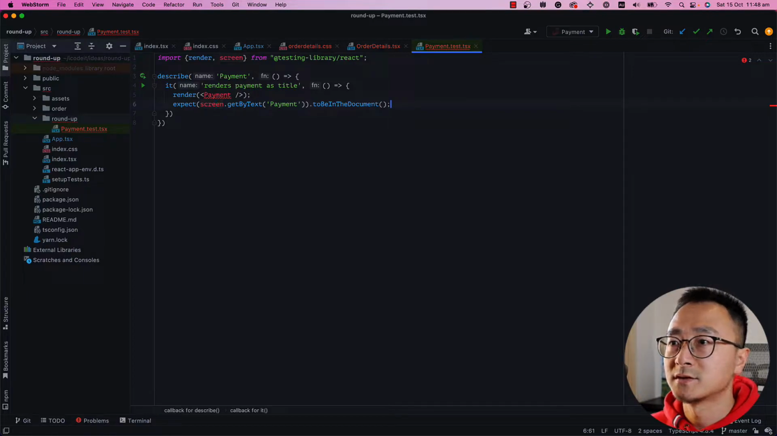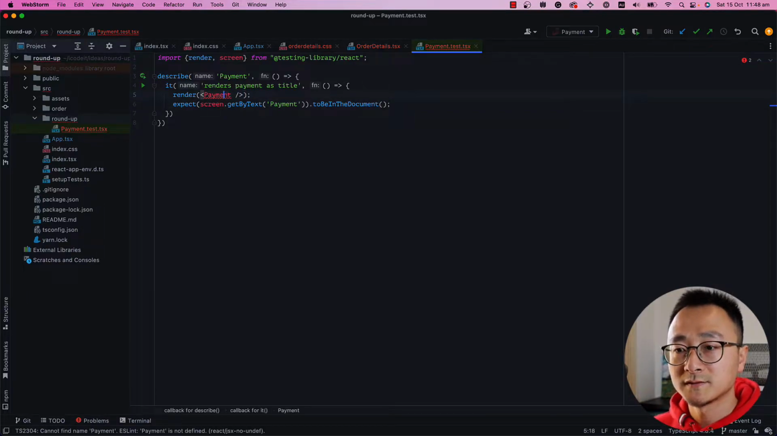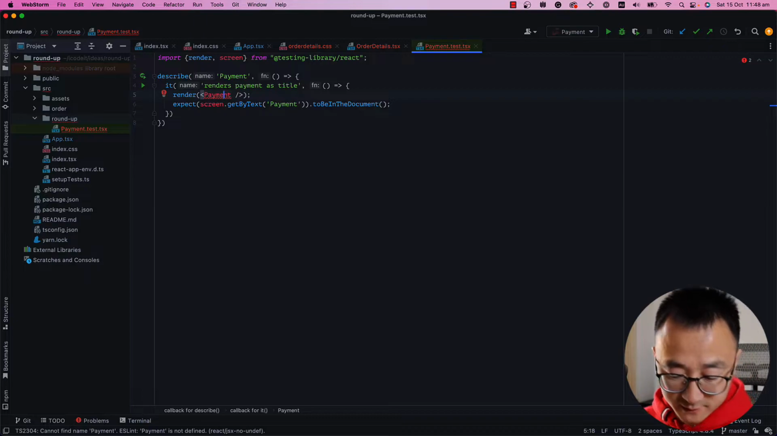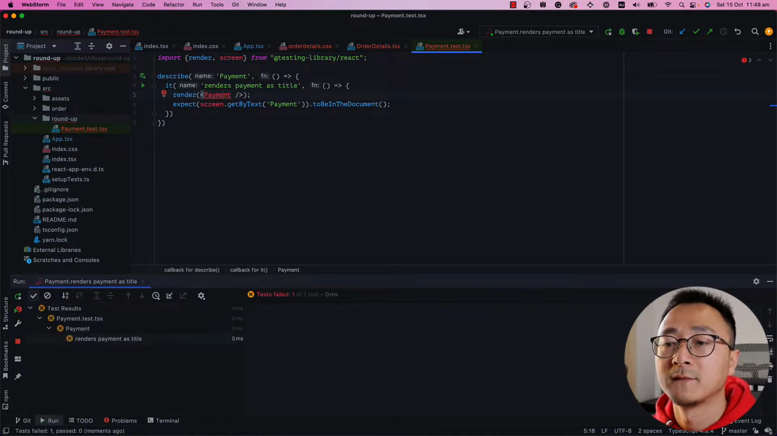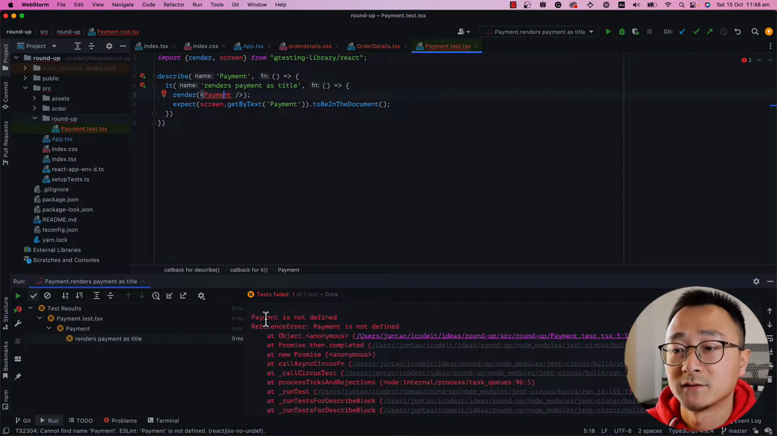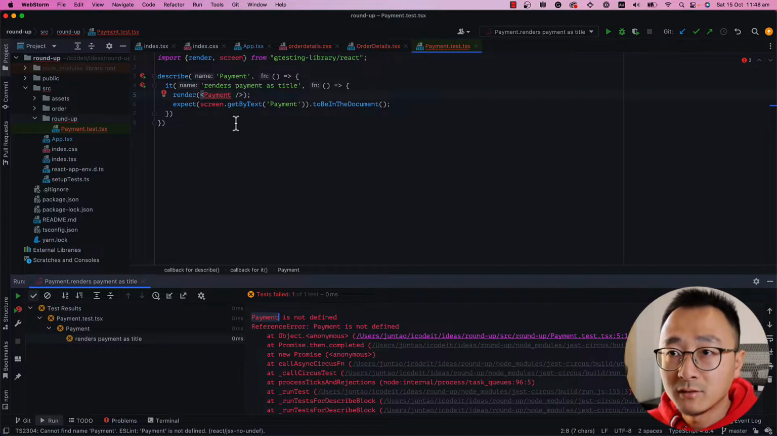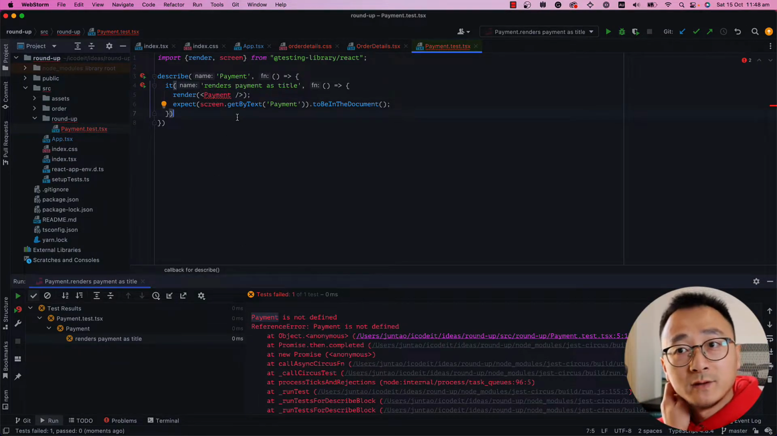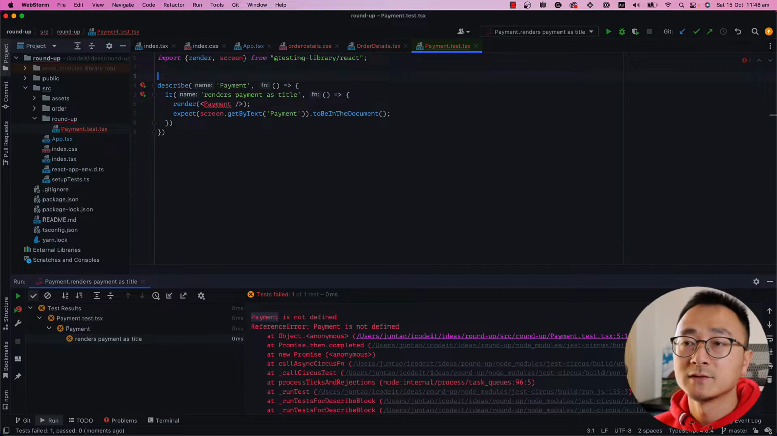That's pretty much it, the test. And now you can see if we run the test, it's Command-Shift-R. It will complain that the payment is not defined. Of course it's not defined. We have not written that yet. So the simplest